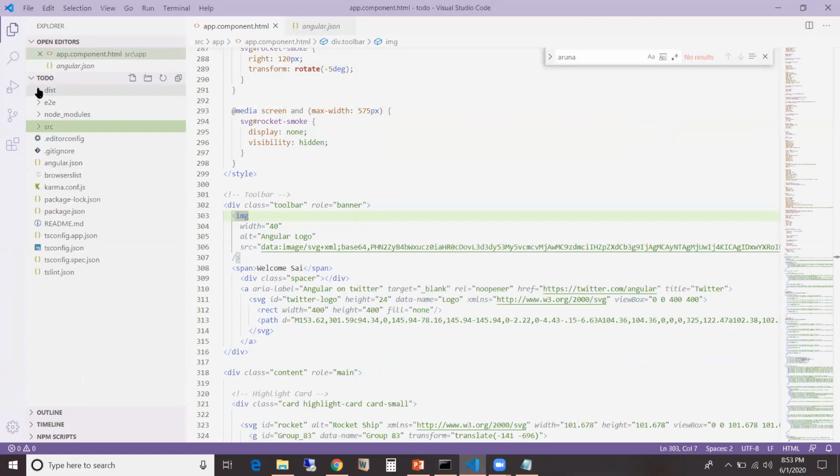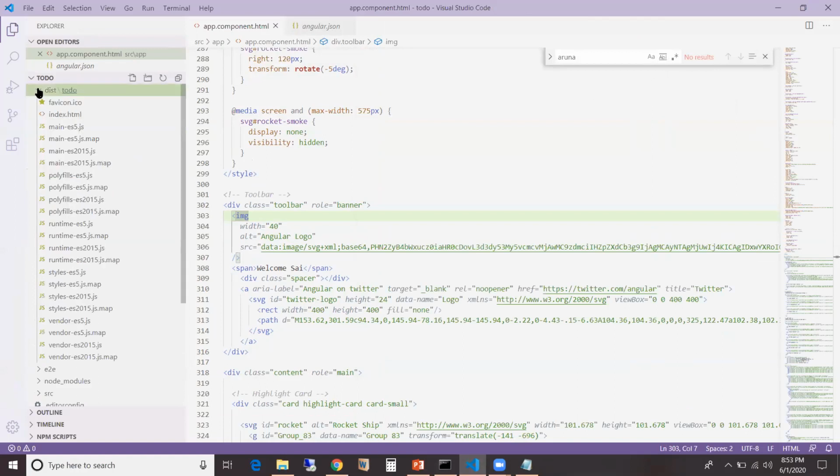This is the dist folder, and it places the executables for the to-do project in here.